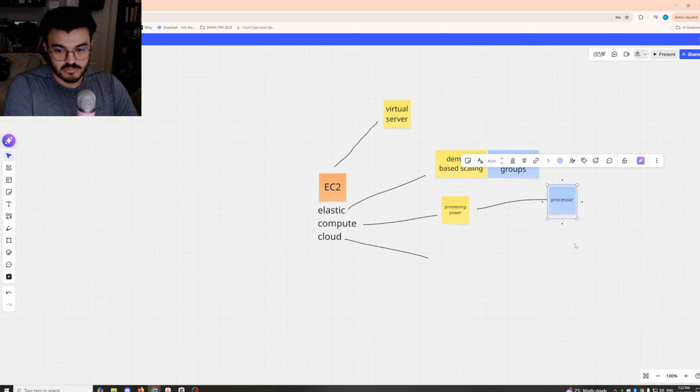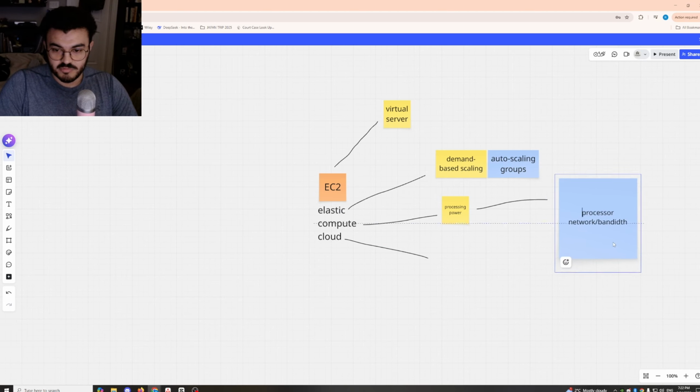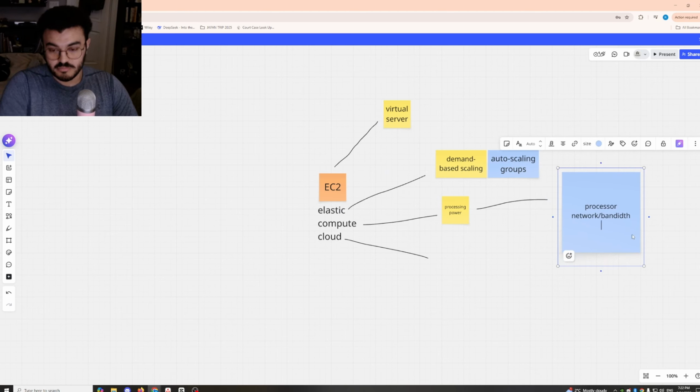Also, there's some relation to the kind of network and bandwidth. So there's network and bandwidth, and that's another concern.